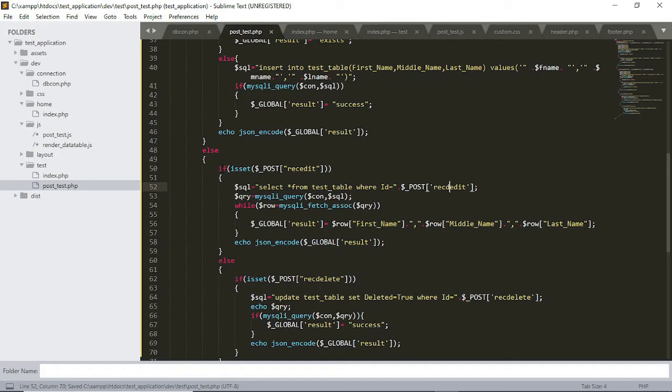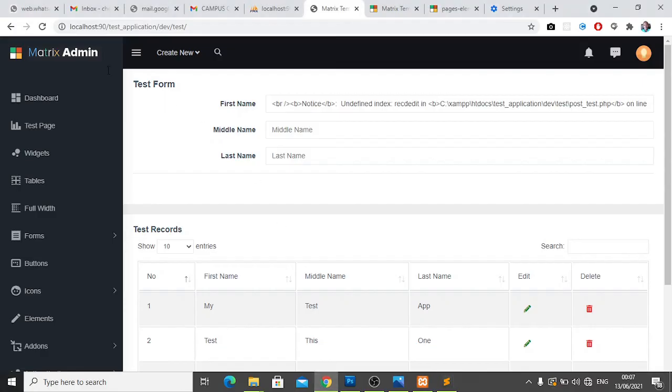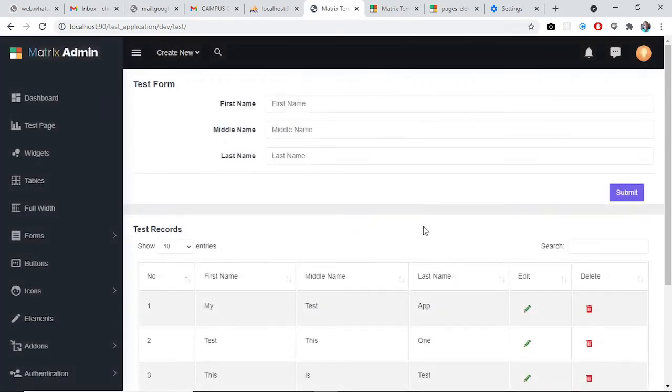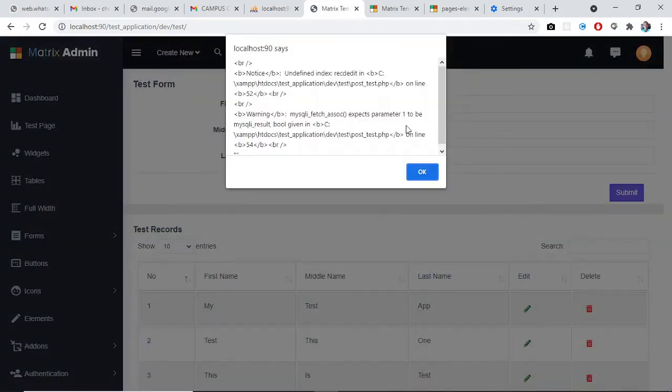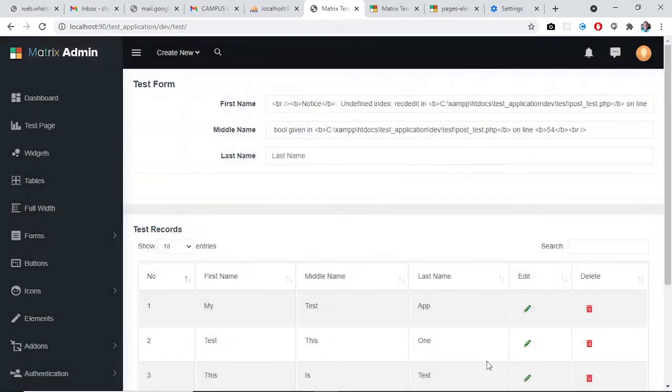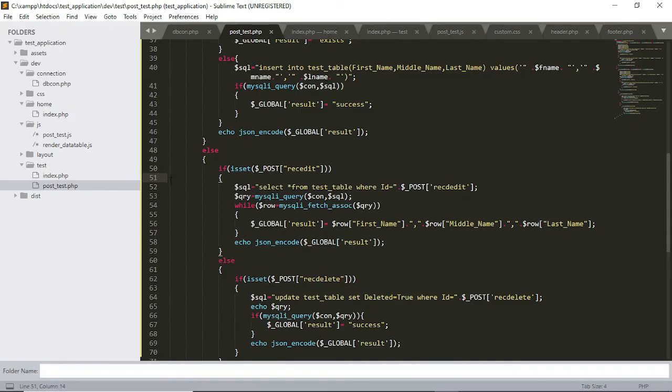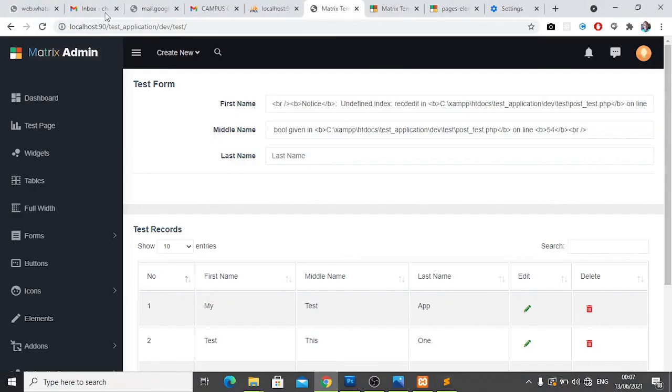So here it is set post rec edit. That's the correct spelling. So we can refresh, then try to do an edit. There is an error on line 52. On line 52 still, so we will go to line 52. So this one is rec edit. The correct one is rec edit. So we can do a refresh,